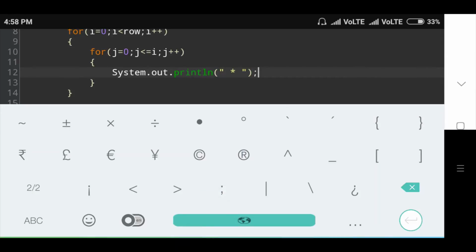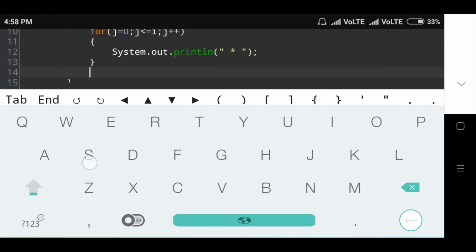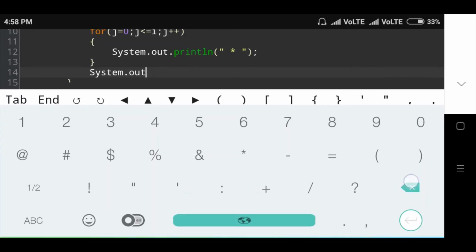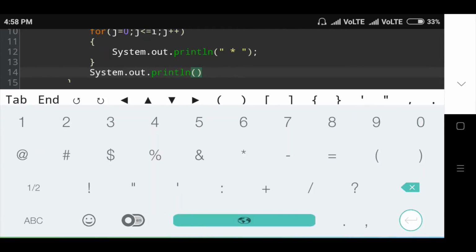Then the second message I am printing is System.out.println. With this message I am throwing the cursor to a new line. After printing each line, print the next line.